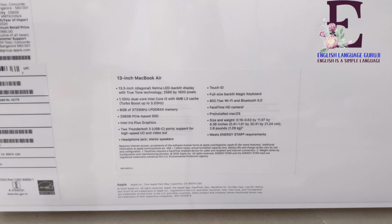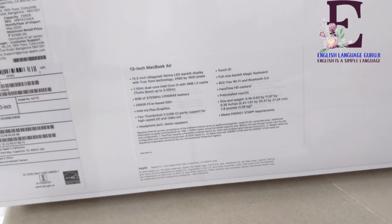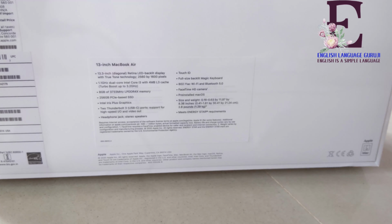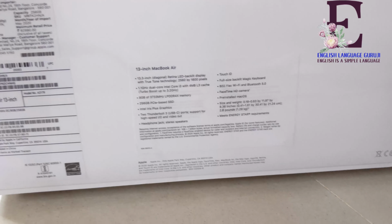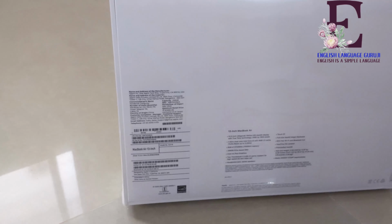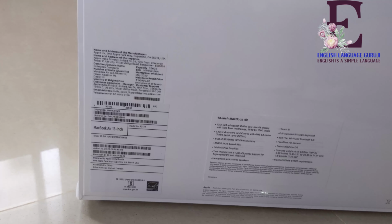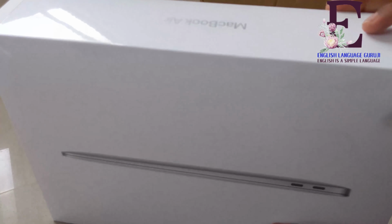Talking about the display, it is a 13-inch LED backlit Retina display with IPS technology. The resolution of the display is 227 pixels per inch, and it supports millions of colors, and it has a 16:10 aspect ratio. So as I have already told you, it has 1.1 GHz dual-core Intel Core i3 10th generation. You can also buy it with the 10th generation i5 and 10th generation i7 processor. This laptop has Intel Iris Plus graphics, and it supports Thunderbolt 3 enabled external graphics processors, that is the eGPUs. So now I'm going to unbox it first, and then I will show you the